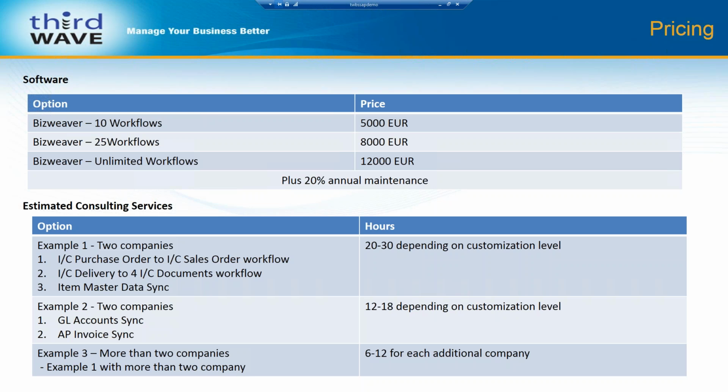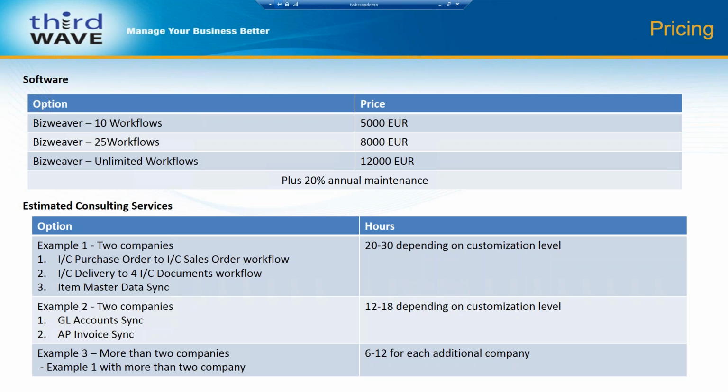So if you were breaking the workflows down into smaller processes and needed more than 25, or if there were a lot of different integrations you were building out and you didn't want to worry about which ones to turn on and off, unlimited workflows would be 12,000 US. And just like the other add-ons, you can always